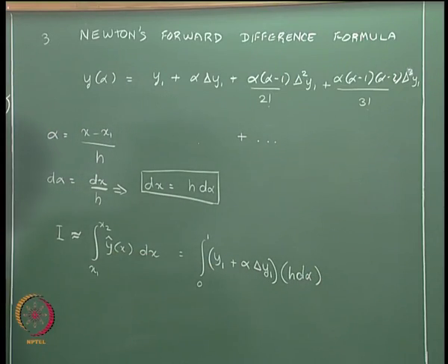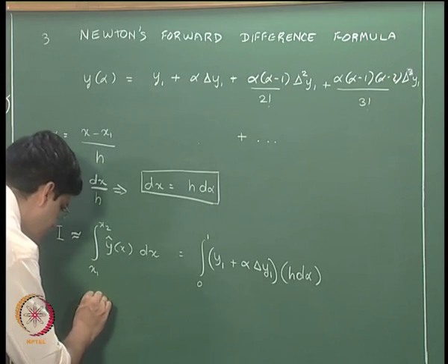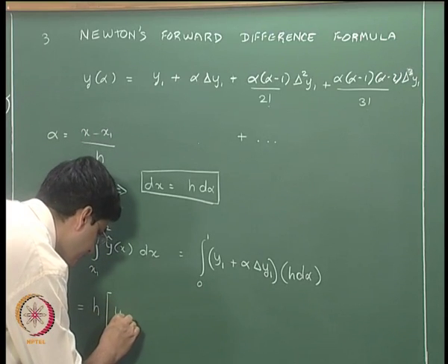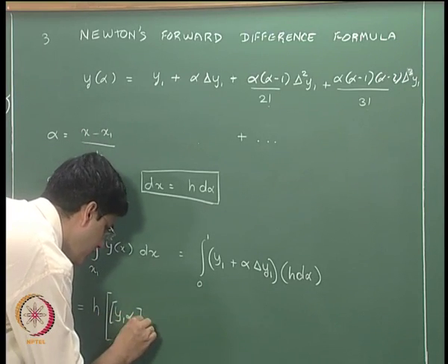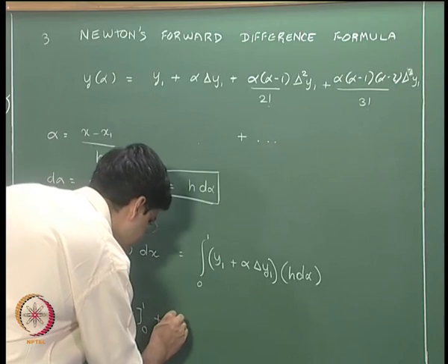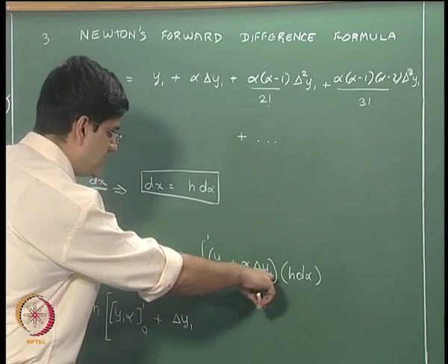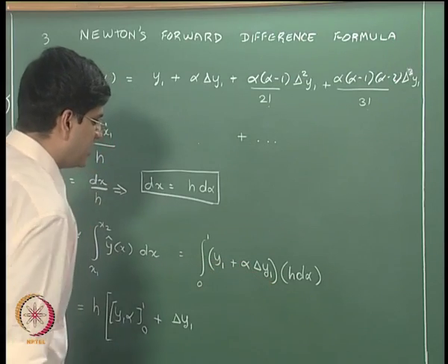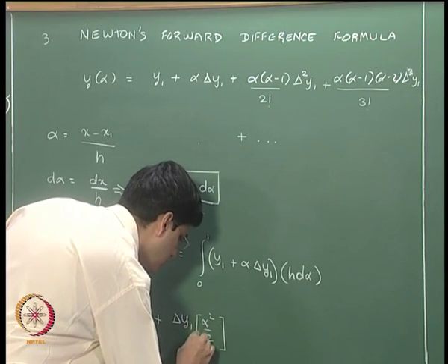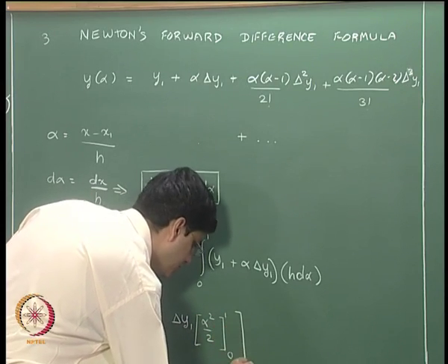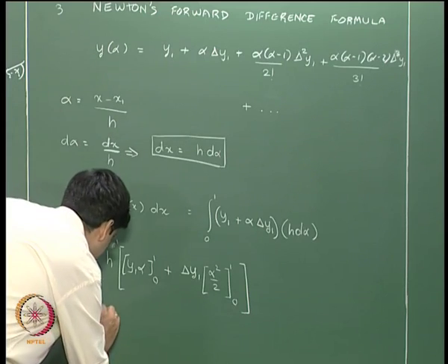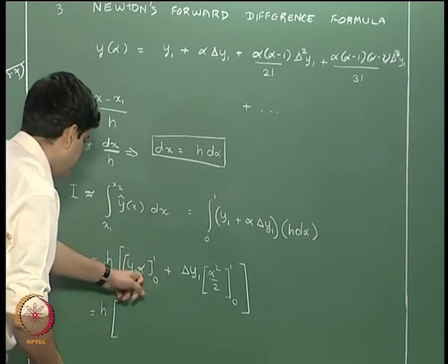And now we do the integration and we will get this as h multiplied by y1 alpha, with alpha going from 0 to 1, plus delta y1 multiplied by the integral of alpha d alpha, and that is going to be alpha squared by 2, again going from 0 to 1, okay, and this is going to be nothing but h multiplied by